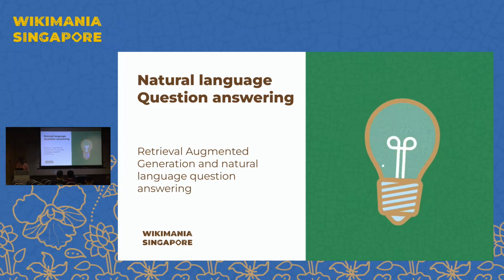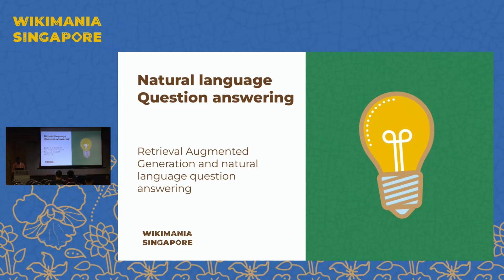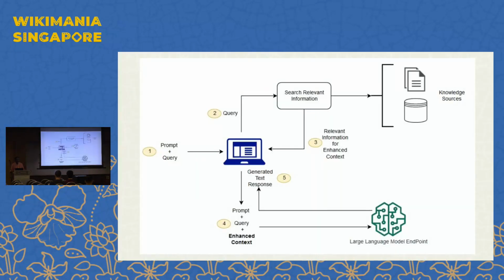So first of all, you have a question, and that question will be compared with Wikipedia. It's not a plain text comparison. Wikipedia content will be converted into a vector embedding. Your question will also be converted to a vector embedding, and these two vectors will be compared for a distance, actually cosine similarity, but basically a distance. And then you will extract content in Wikipedia that is close to your question, that can answer your question.